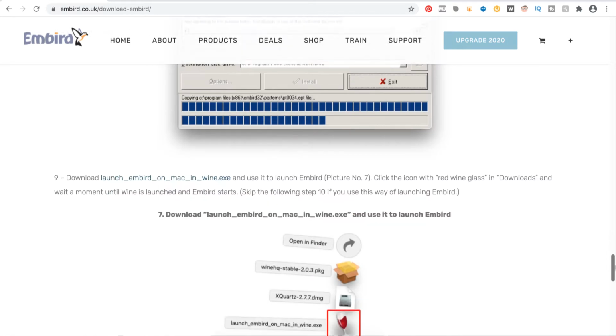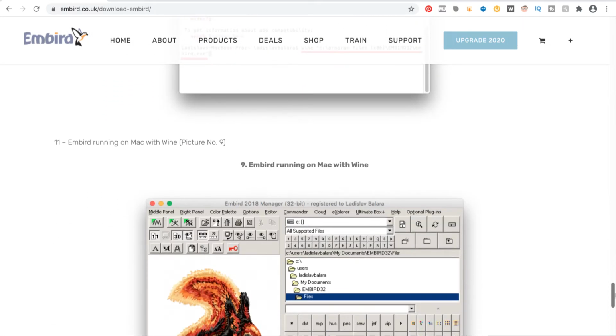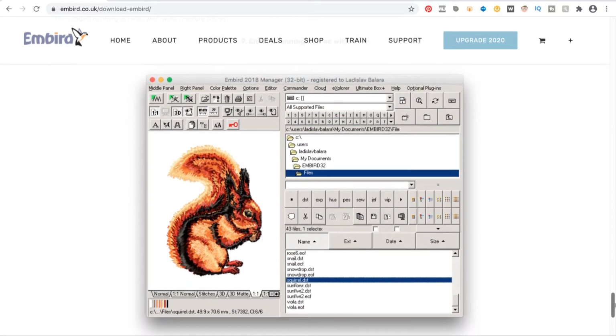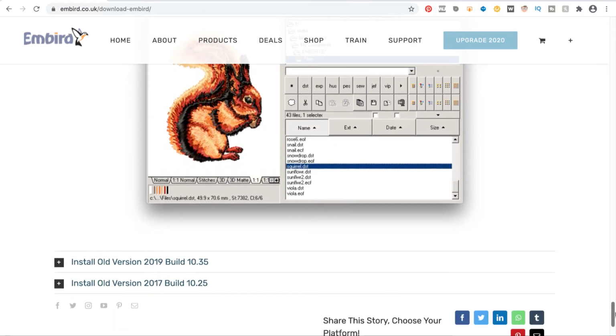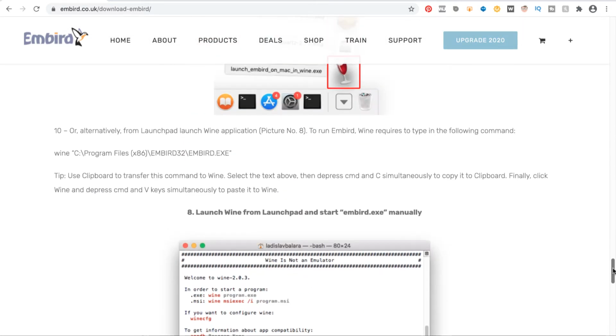However, what I'm going to mention to you is that Embird is native to Windows, and for that particular reason it may not always work on Mac. So what you can do is try to follow the steps here and see if that actually works